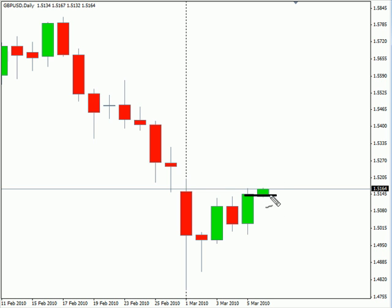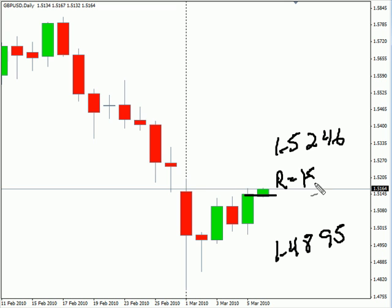Okay, now the pound US dollar pair, this particular pair gapped down just a little bit, about 10 pips at the open. We are looking for this pair to continue moving sideways with a bias that is sideways. Look for it to potentially go as high as 152.46, possibly as low as 148.95. Look for some resistance around 152.05 and look for some support around